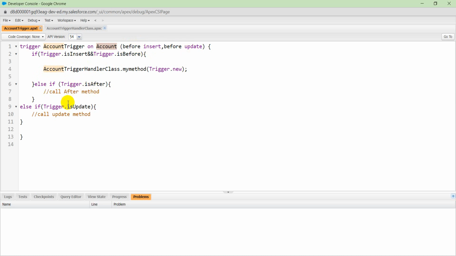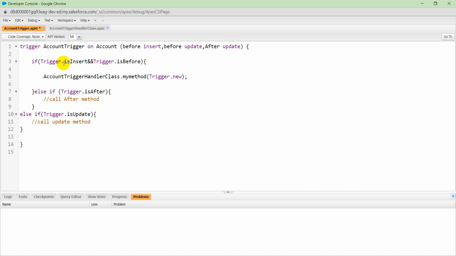If you are writing after update, then it must be here, after update. So in our trigger, we write the event names here and open our blocks, and then we type our